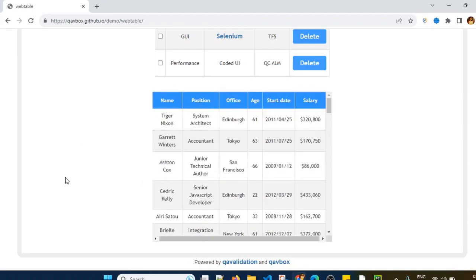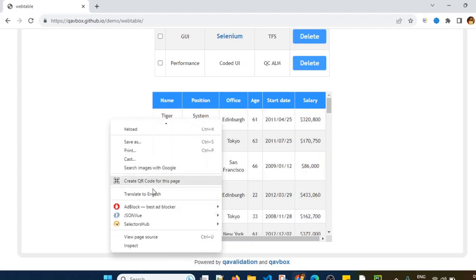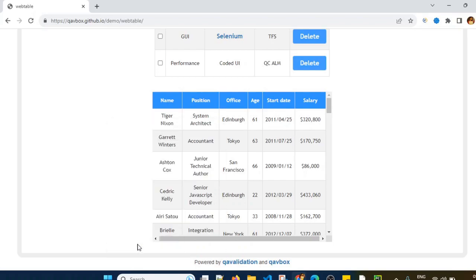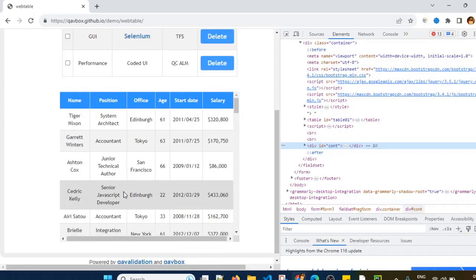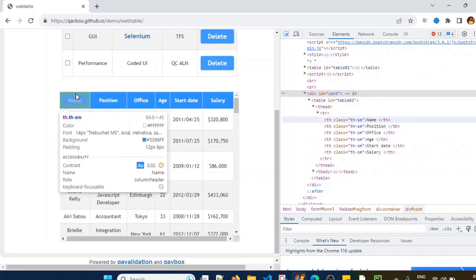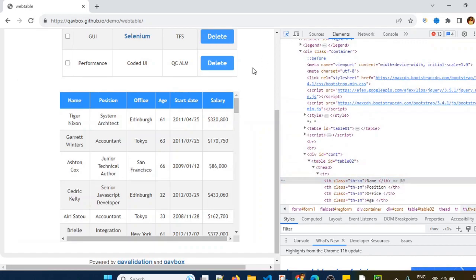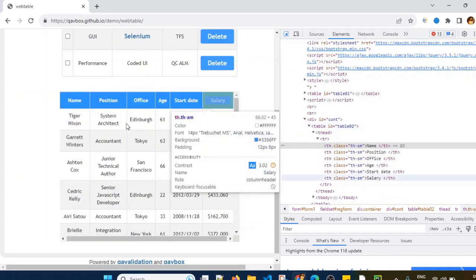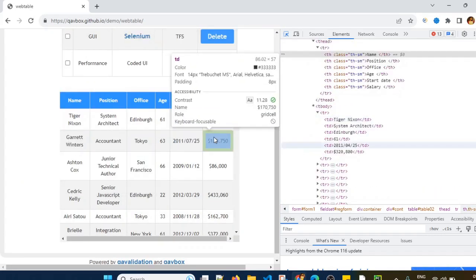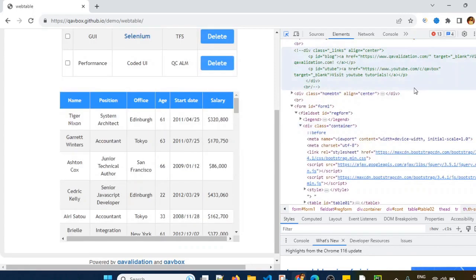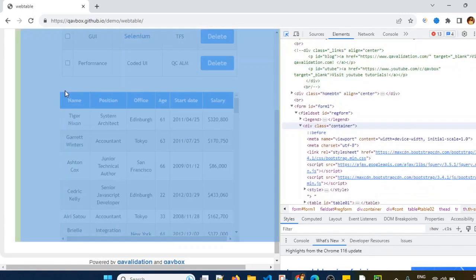Now if you inspect this web element, this is basically the entire static web table. Now let's try to inspect this web table and let's know what are the different tags which are present for the table. So I will just select this and let's select any of the cells. So in HTML normally tables are represented with table tags. So you will find a table tag somewhere. So I will just hover on this.